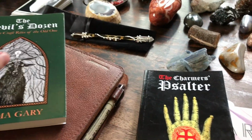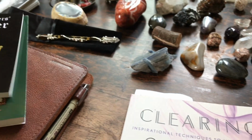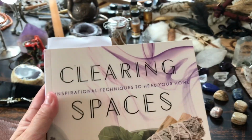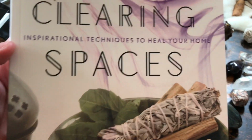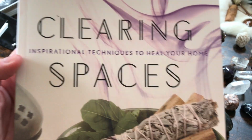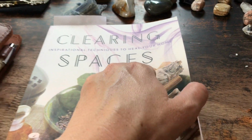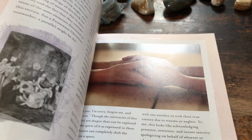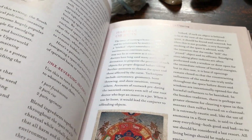Looks good. I'm a bit of a fan of Gemma Gary. And this book here, which I've barely read and still absolutely adore. So it's Clearing Spaces, Inspirational Techniques to Heal Yourself. It's got a little bit of hoodoo, a little bit of Wicca, a little bit of witchcraft. And, you know, it's got everything nicely divided into chapters. It's not too, what's the word? It doesn't...